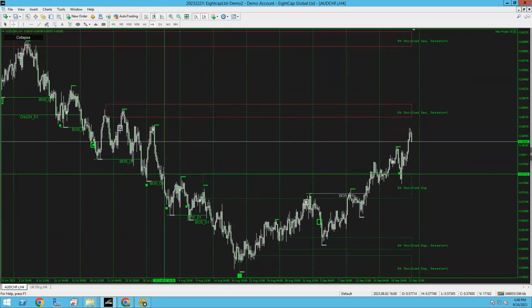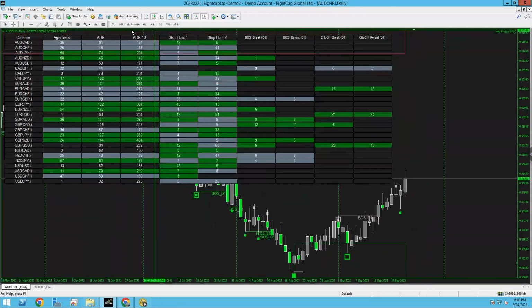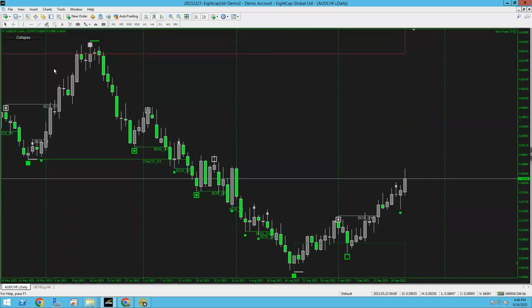So also in VIP, I teach you how to identify breaks of structure, but the system can help you as well. So it was identifying there was a break of structure here. So this was definitely correct if you go to the daily. But if we go here, I'm just giving you some extra knowledge now, people. I don't want no excuses when it comes to what I'm teaching. You can see here that price action came down, came up, came down again, and then it basically broke daily structure here already. So it pretty much broke daily structure as it was forming the Asian trend.